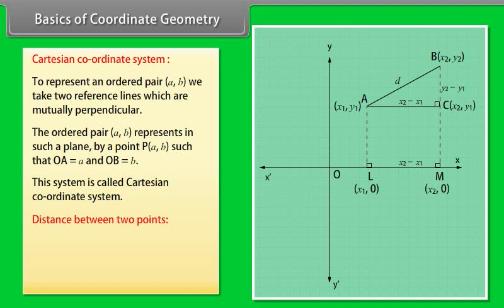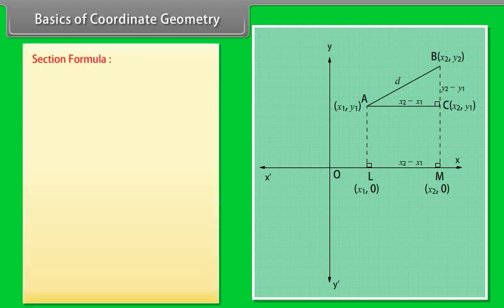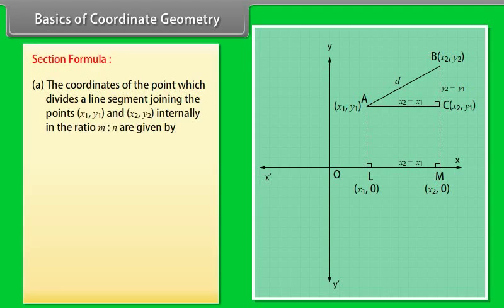Distance between 2 points. The distance between 2 points A(x1, y1) and B(x2, y2), length AB, is equal to the square root of (x2 minus x1) squared plus (y2 minus y1) squared. Section formula. The coordinates of the point which divides a line segment joining the points (x1, y1) and (x2, y2) internally in the ratio m:n are given by